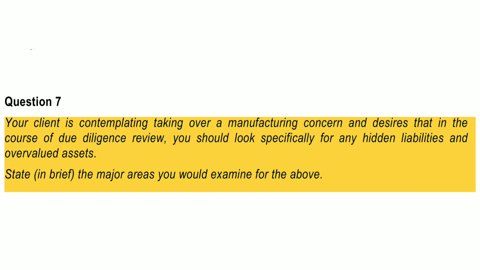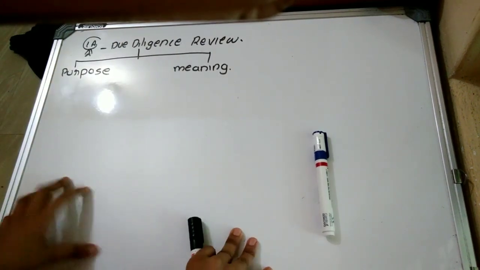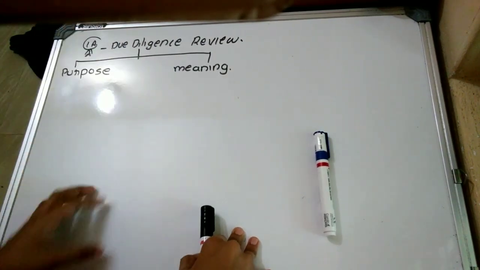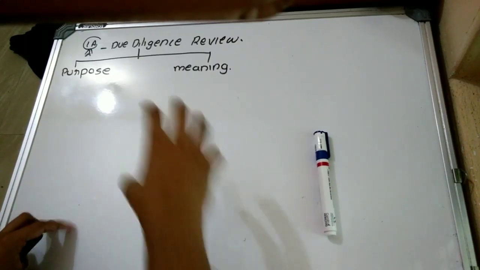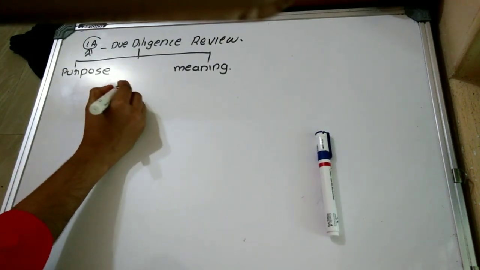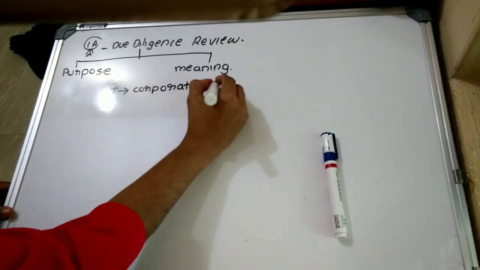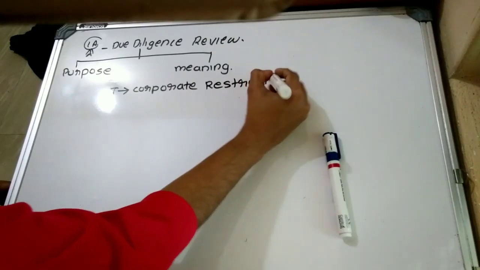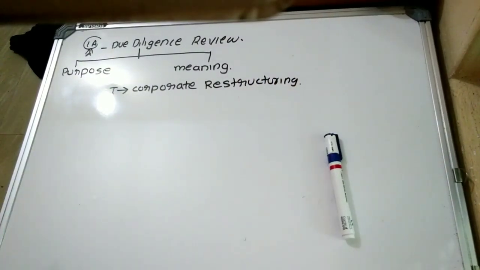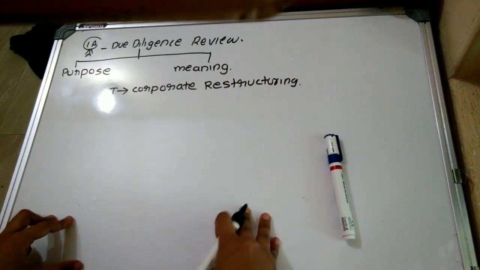Okay, so here he is making what? A due diligence review. We know what is meant by due diligence and what is the purpose of due diligence. Why is due diligence used, or which are the situations where the concept of due diligence is used? Due diligence refers to a term which is mainly used in situations of corporate restructuring, right friends? So due diligence is a term that is often used in relation to corporate restructuring, that is, where one entity is going to purchase another, etc.